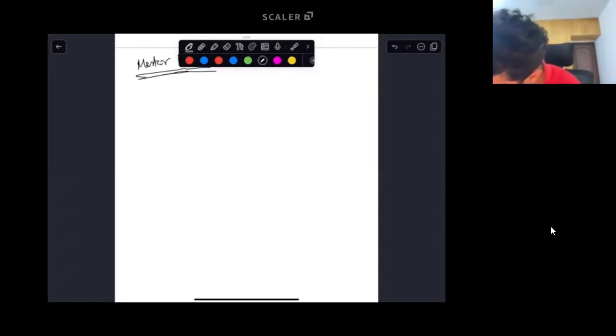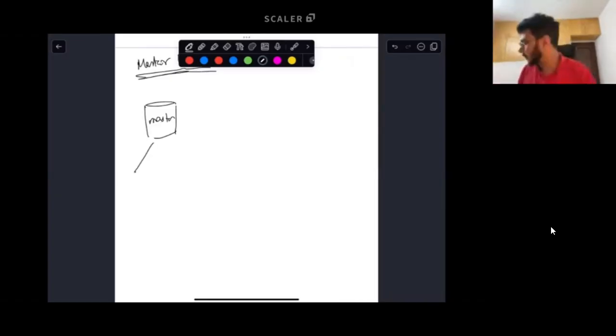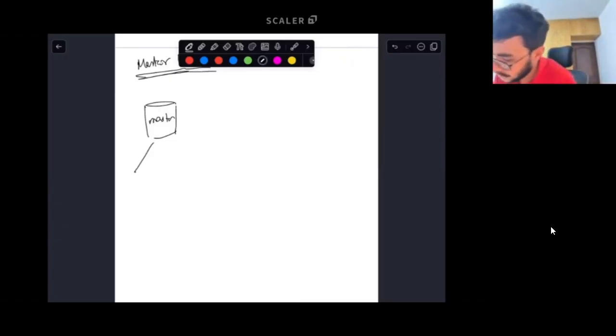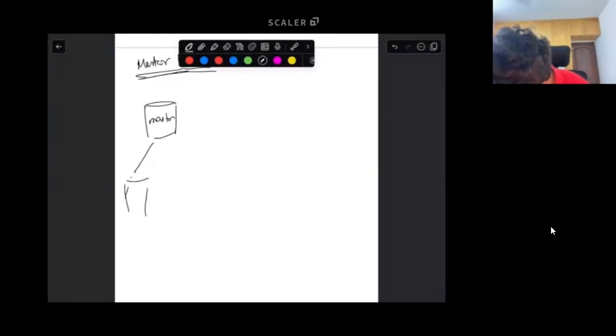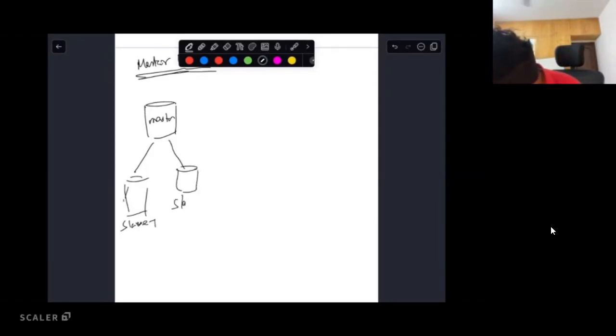Let's say this is, I'll draw it towards the left. So let's say this is the master. Let me wipe the screen a little bit. So let's say this is a slave, slave 1, and let us say we have a slave 2.